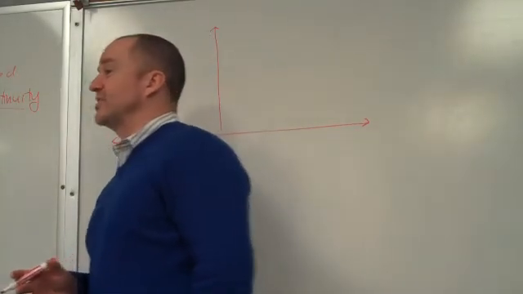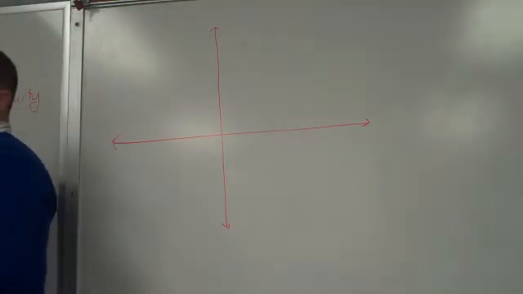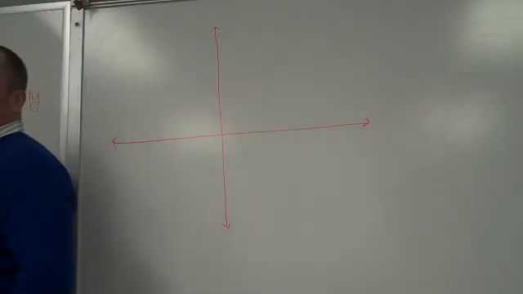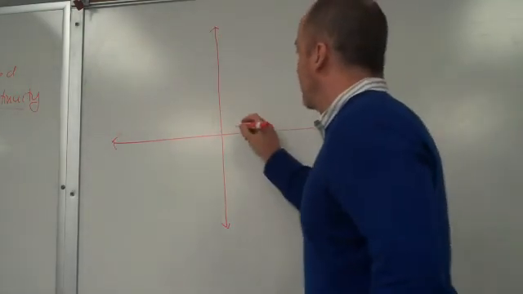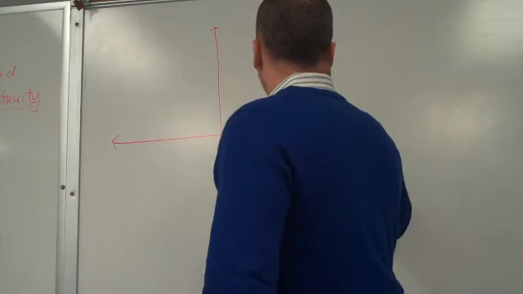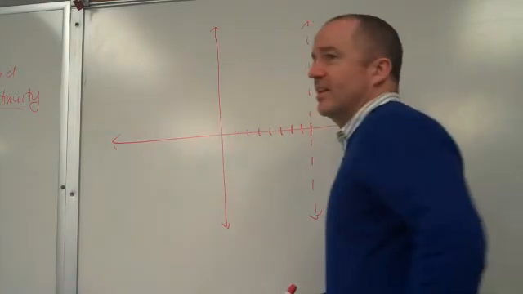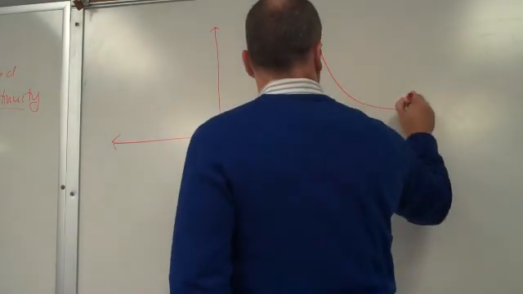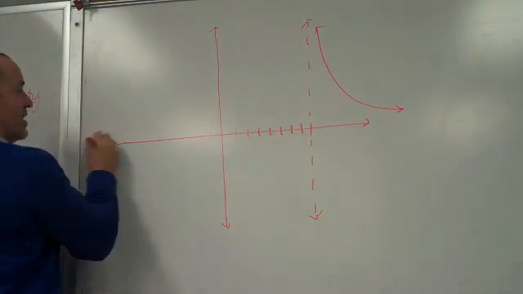I'm not going to graph this by finding the asymptotes and doing all the steps from before. This looks a lot like 1 over x to me. In fact, the only difference between this and 1 over x is that -8, which means it's a counterintuitive shift to the right. So it looks something like this. That's at -8, right? Okay, so 1,